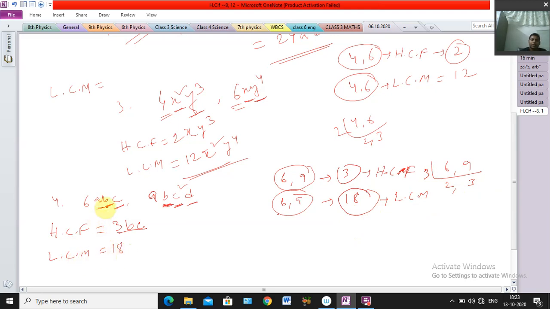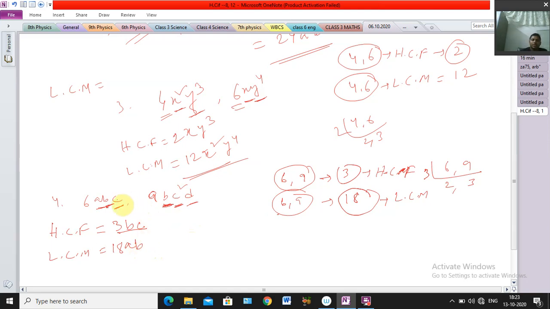So at first we write 18 here. After that, A. A is there in the first part, but in the second part there is no A. But for LCM it will come, because for LCM we first take the common portion, and after that we also take the extra ones, whatever extra is there. So A, the extra one, we can take. B: here 1, here also 1, we have to take it.